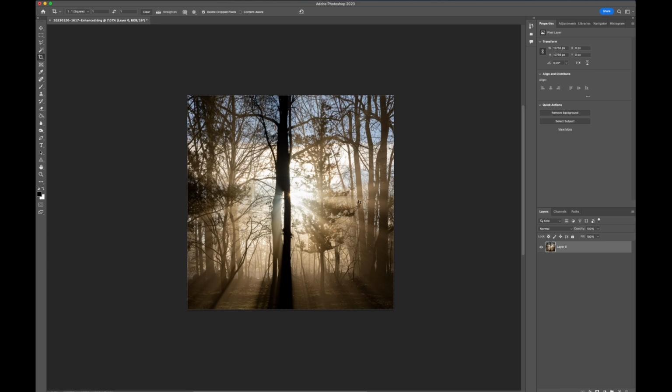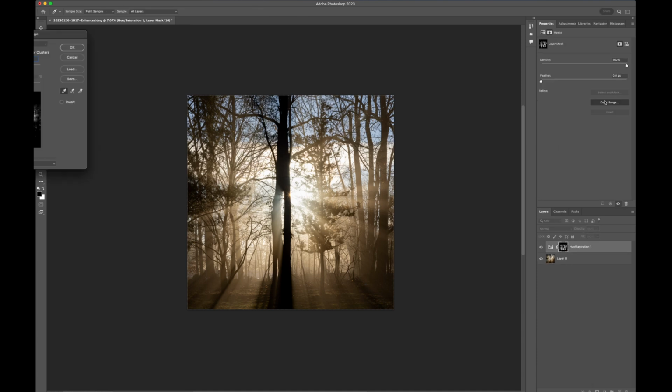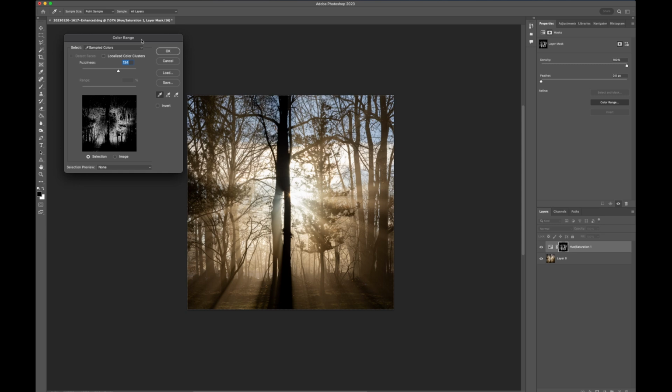Next thing I want to do is, there's a lot of blue sky up here. It could be a little bit distracting, so we're going to use a hue and saturation layer on here, and then select a color range mask and bring that in screen here. We're going to sample a color in here to make sure we get what we need, so we can get a little bit of that blue.